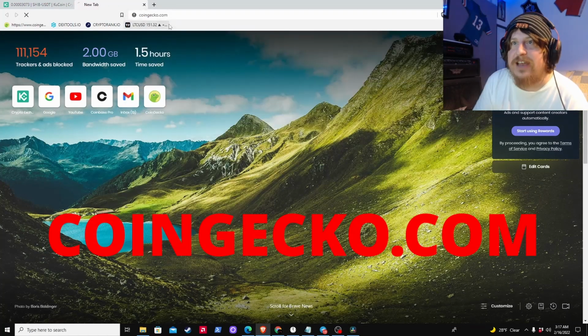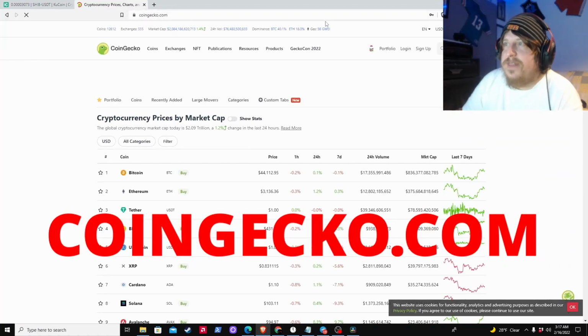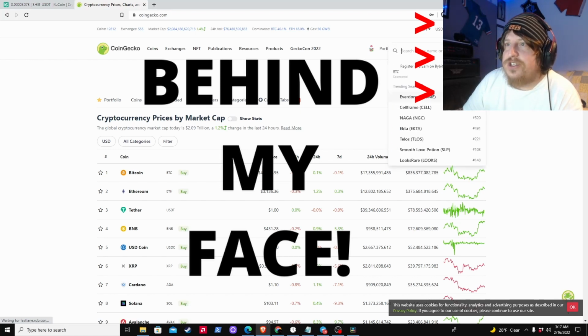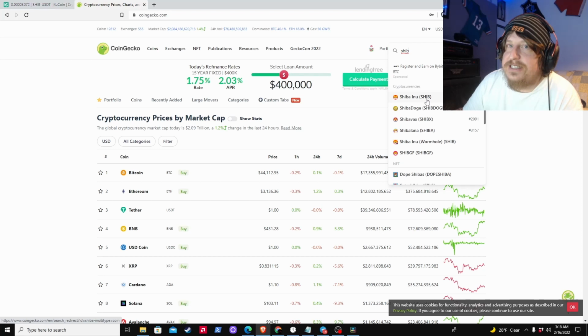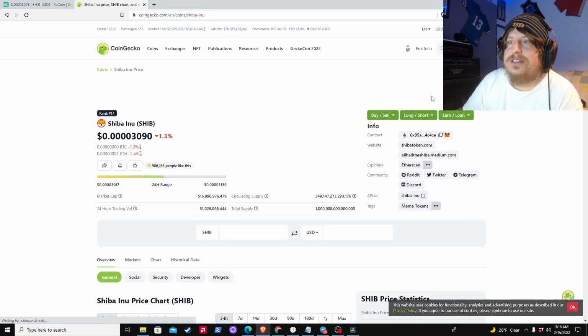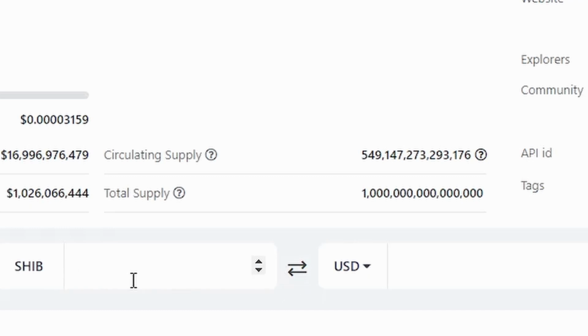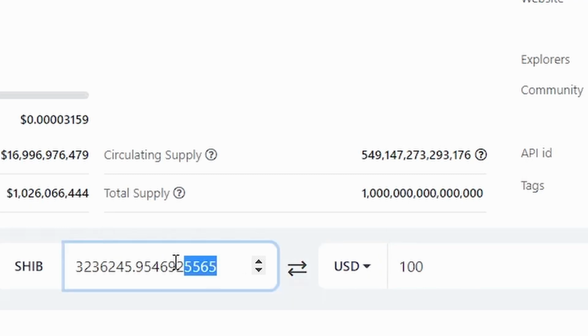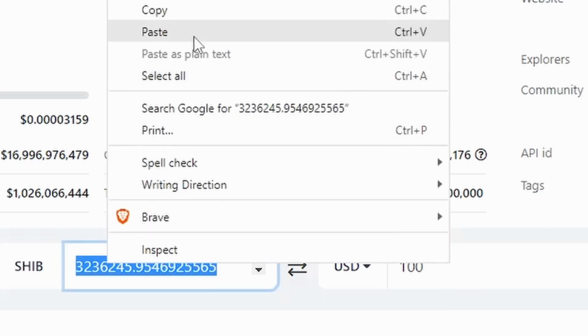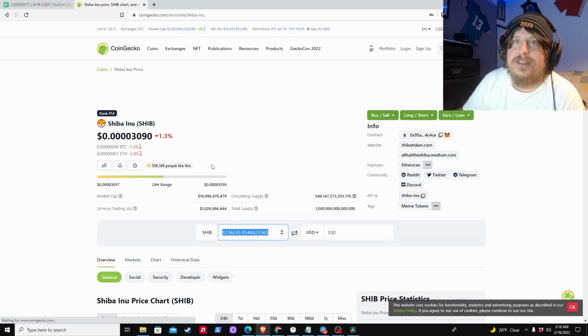in coingecko.com. Then on the top right of CoinGecko, we're going to go to the search bar, and we're going to type in SHIB, and then click this one that says Shiba Inu. It's going to load up SHIB's page on CoinGecko. And then down here where it says SHIB and USD, I'm going to input 100 because I want to buy $100 worth of SHIB. And then I'm going to copy this amount of SHIB it brought up and navigate back